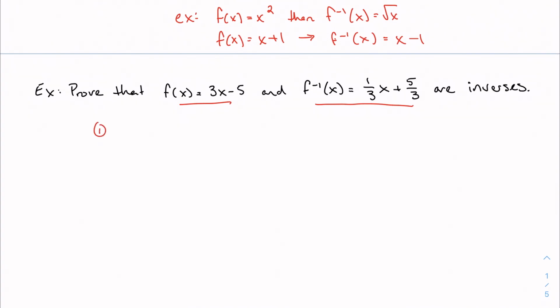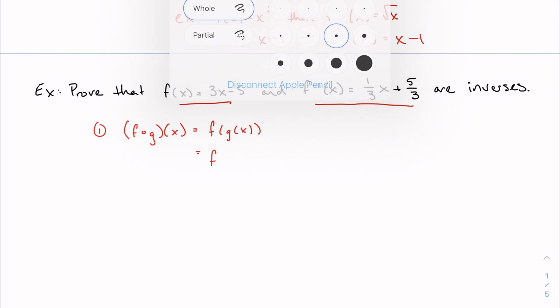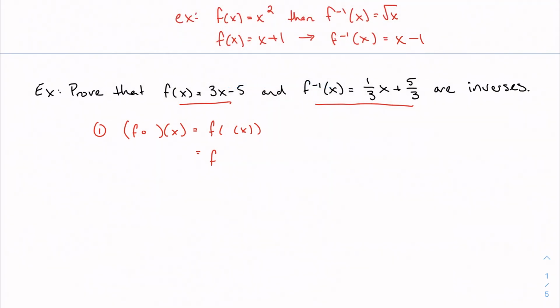So let's check that. If I check f of g of x, well, this notation isn't the most helpful, except I think it's a little easier to write. So let's use our more helpful notation to start. So f of g of x. Well, actually, I shouldn't be using g at all here, should I? I should be using this f inverse notation because that's the name of my function. There we go. So f of f inverse. So I'm going to plug f inverse here